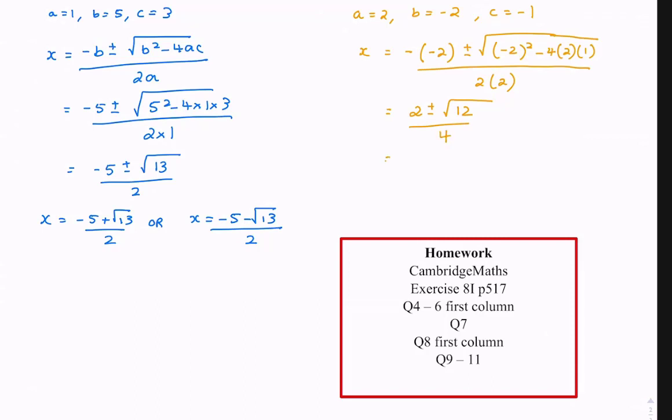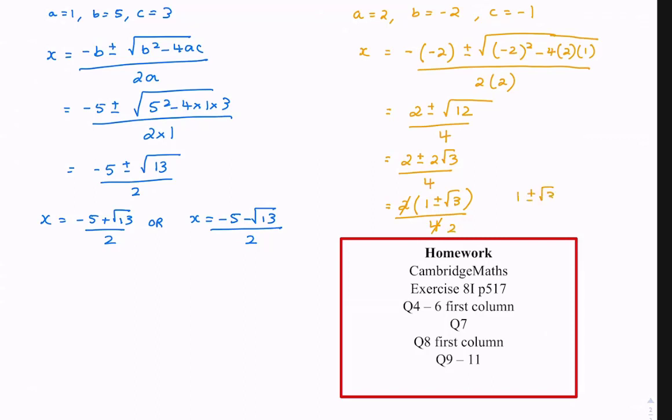Now, knowing that we still need a bit of practice with our surds, this becomes 2 plus or minus. Now I need to simplify my surd, so √12 becomes 2√3 over 4. And that almost looks done, but on the top I can factorise a 2 out. So I get 2 lots of 1 plus or minus √3 over 4. So 2 goes into 4 twice. So I get 1 plus or